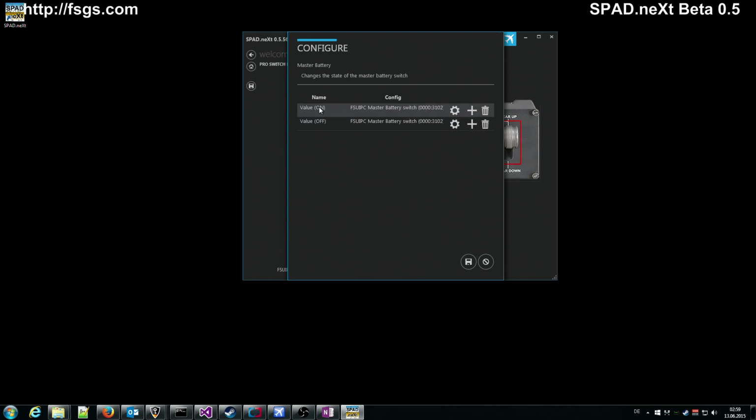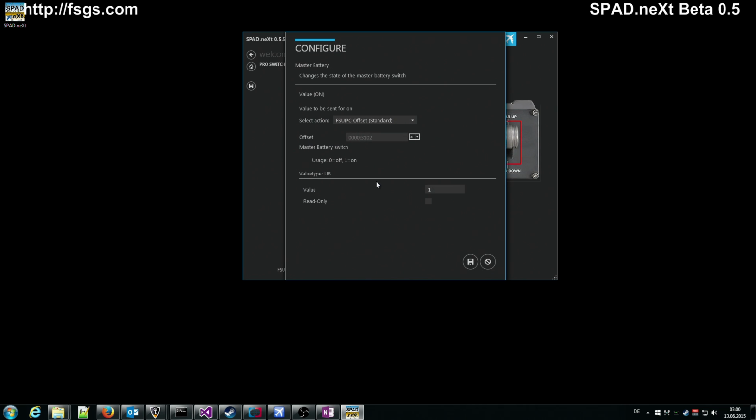On the left hand side you can see the values, you can configure how it's configured right now, and you have three buttons you can use. First one to configure the switch, then to add a new event to the switch, I'm going to show that in a second, or you can delete or clear the settings. If you click on the configure,